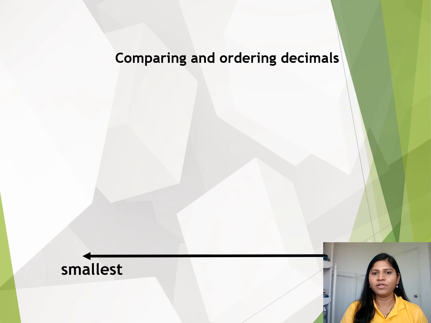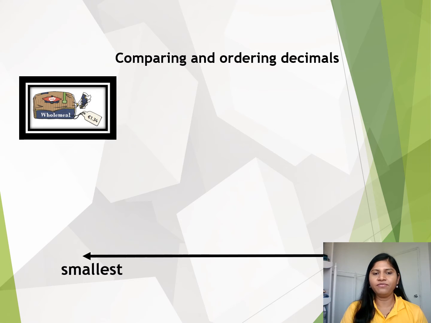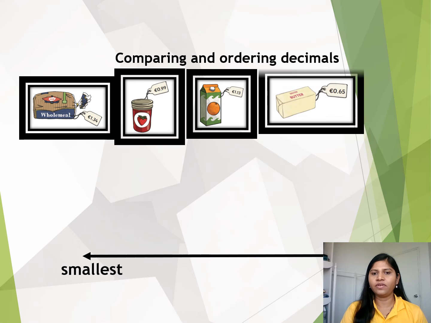Here we have an example of ordering decimals. I have taken a few products which you need to arrange in ascending order, starting from the smallest value to the largest value, that is, the product with the least price to the highest price. So let's begin. Here bread is 1.34 euros, jam is 0.99 euros, juice is 1.13 euros, and butter is